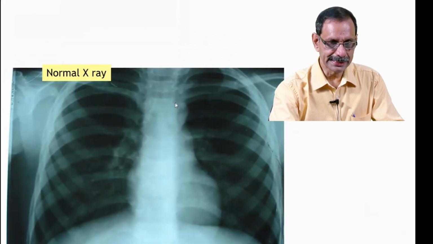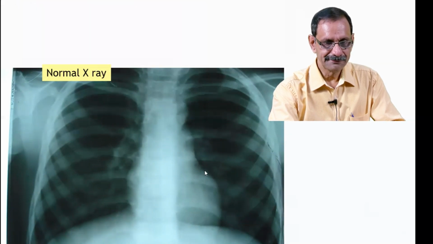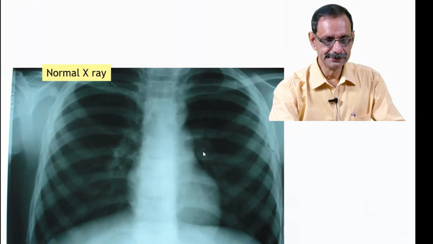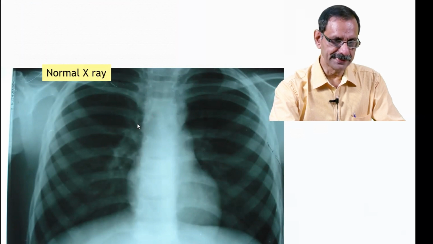See, this is the aortic knuckle. This is the pulmonary artery. This is the concavity, which is normal, which will get filled up if there is a left atrial enlargement. And there is the left ventricle. This is the right atrium. The right atrium ends somewhere there, and then the ascending aorta, and then it goes and becomes the knuckle and comes down as the descending aorta. Here the superior vena cava is not very obvious.